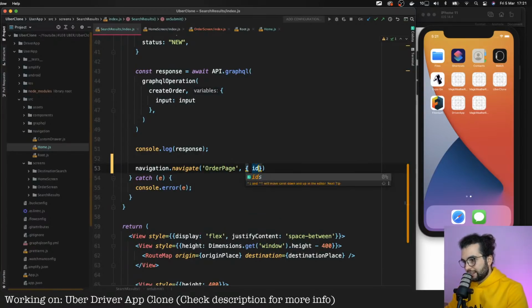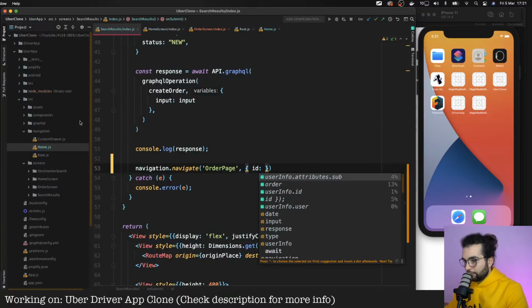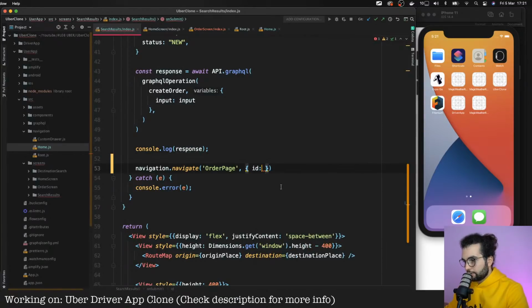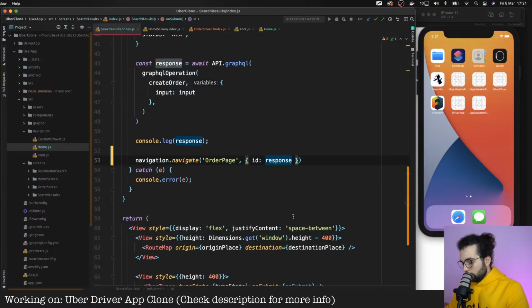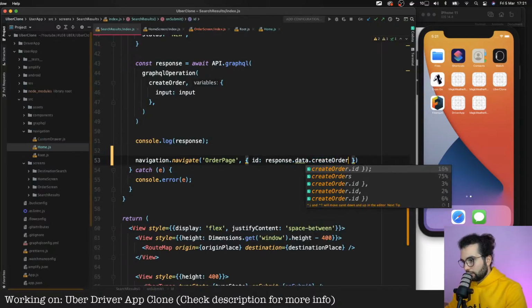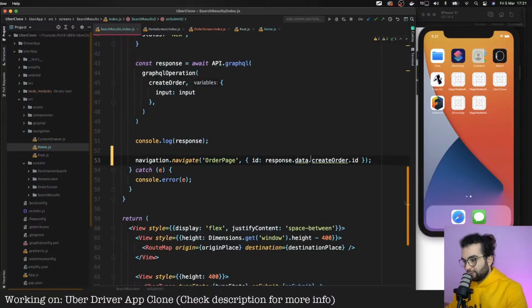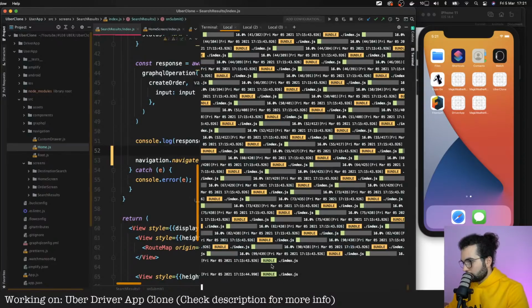And we are gonna send the order ID that we get from response.data.createOrder.id. I think that's the way. We'll see. Save, and let's check what's going on here and why it's not yet running.